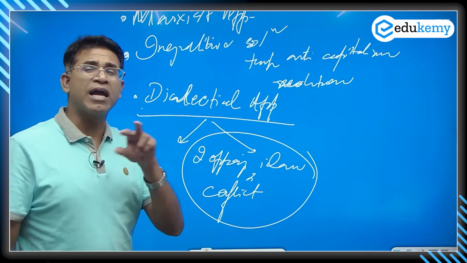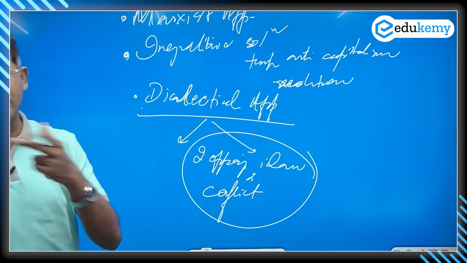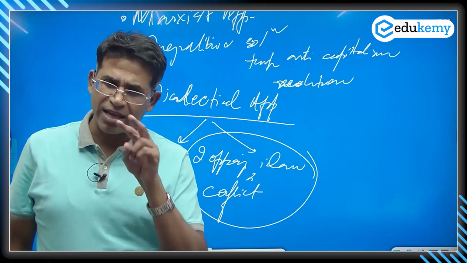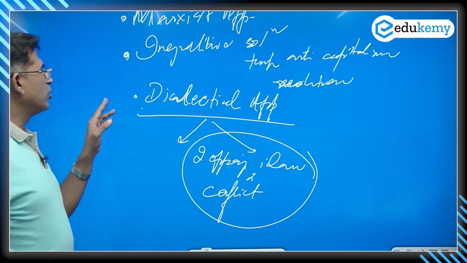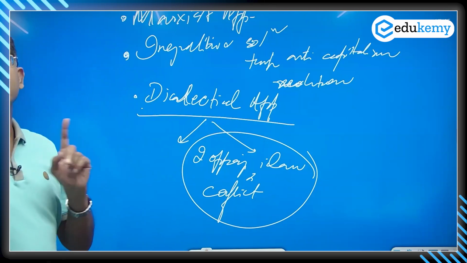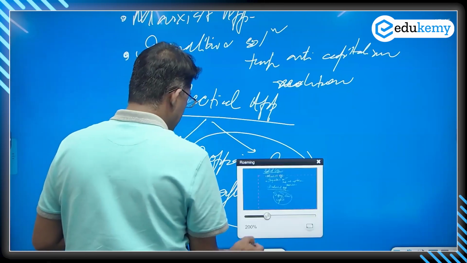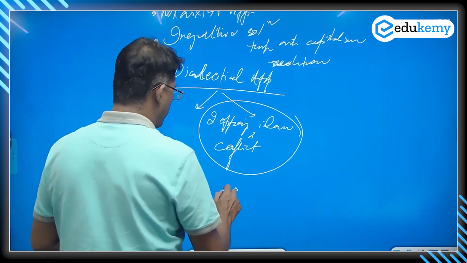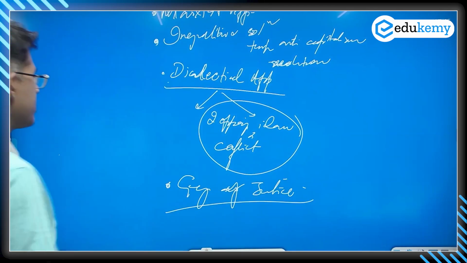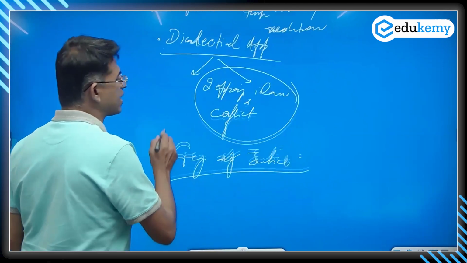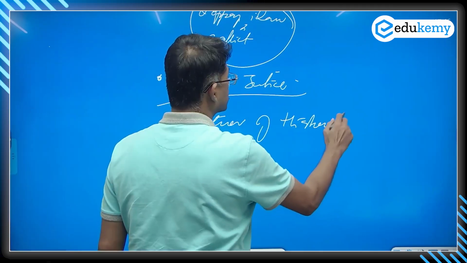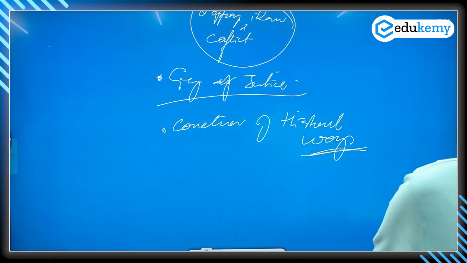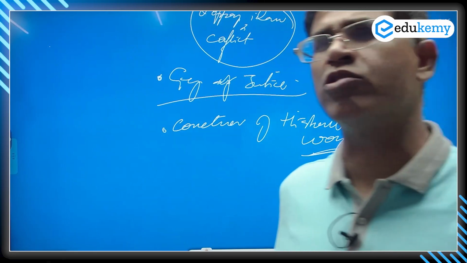Space and time are dialectical. Space is different, time is different. They can't meet. That's something like your Kantian ideas, and they are conflicting with one another. So radical geography is a dialectical approach. Radical geography is also referred to as geography of justice. And an important agenda of it is correction of historical wrongs in terms of resource ownership and resource use.